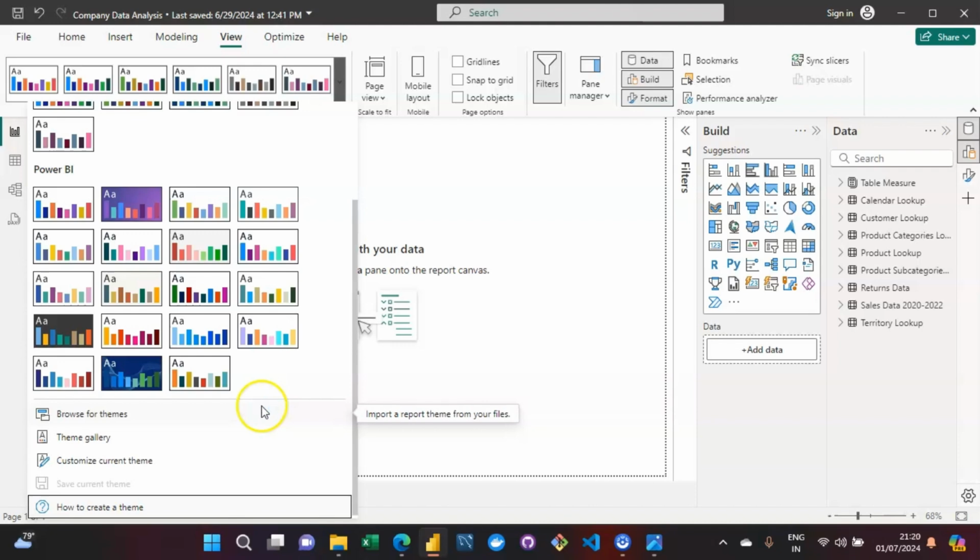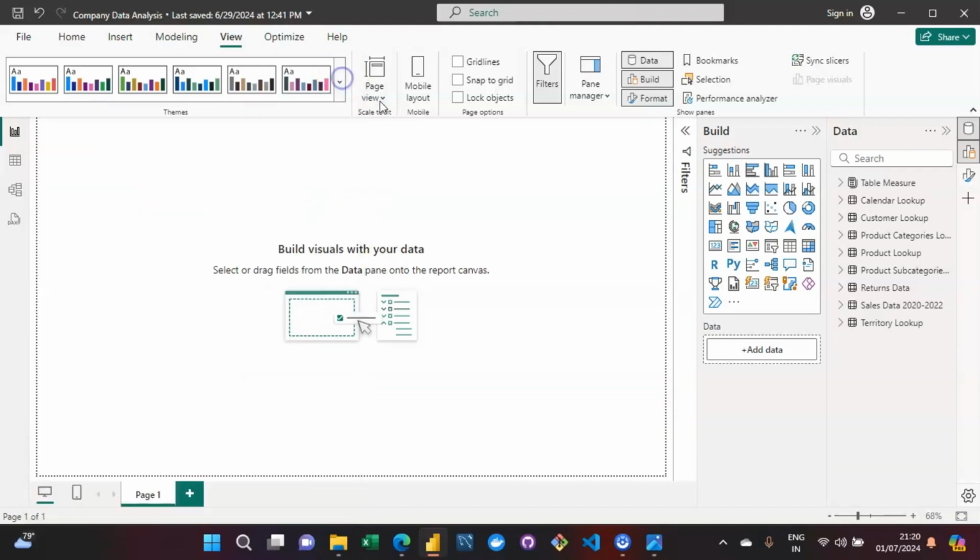You can simply import it, and then you will be able to make use of that theme in Power BI itself. And then you can fit this dashboard with respect to your use case as well. You can fit it to the page, fit it to the width, or keep the actual size. And then in one of our last videos, we will be exploring this mobile layout,